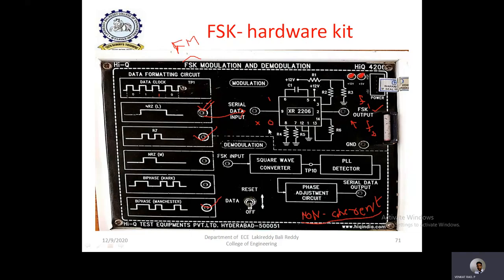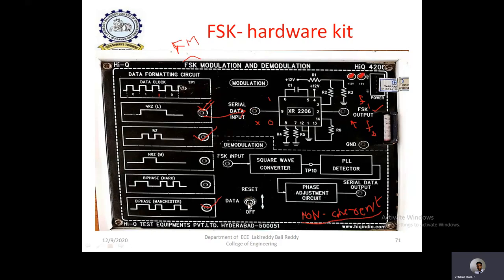Generally, for FSK they use non-coherent detection, and only if that is not possible do they go for coherent detection. Perfect demodulation is only observed for non-coherent detection. That's why in this kit also non-coherent detection is used. Now we'll observe the experimental analysis directly. We also have a reset pin here. If you want to reset this input, you can connect to reset, and it will be reset to the original bit sequence if there are any deviations.